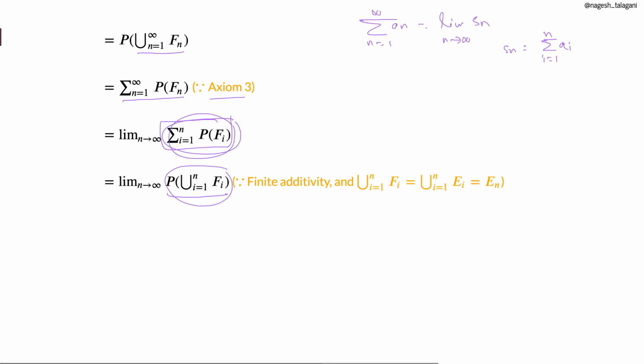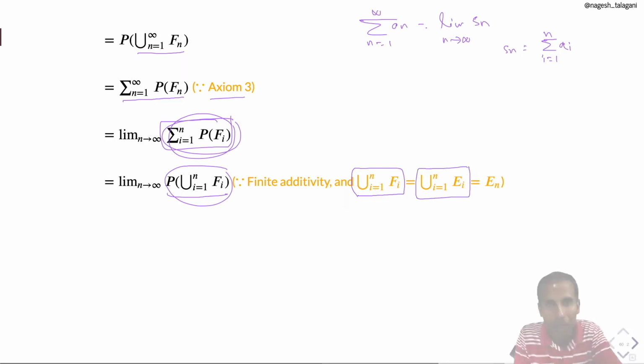Here the union i equal to 1 to n of Fi is the same as the union i equal to 1 to n of Ei. Whatever outcomes are covered in E1, E2, up to En will be covered in F1, F2, and so on up to Fn also. So that's why the union i equal to 1 to n of Fi is the same as the union i equal to 1 to n of Ei, but this is the same as